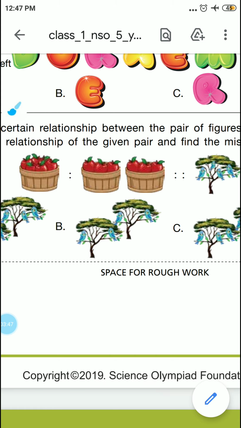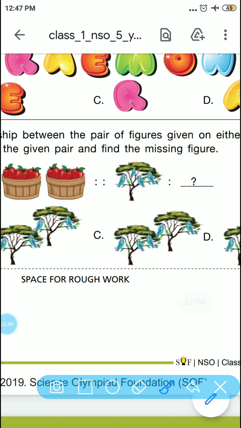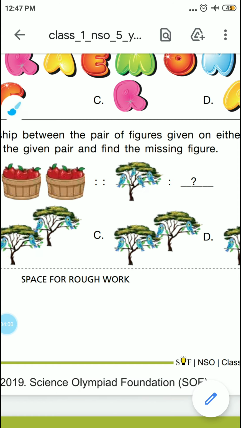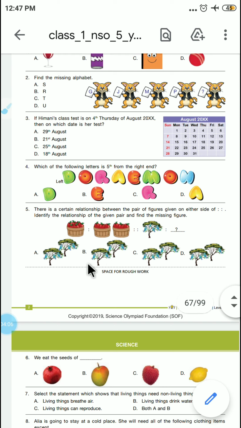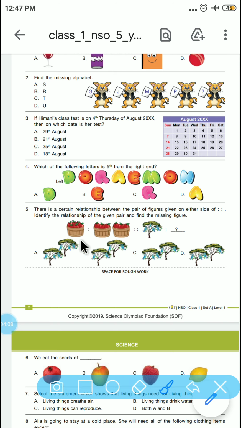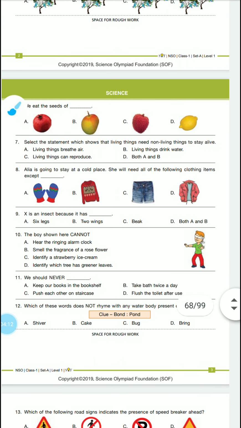Now let's talk about the second section, which has 4 birds on a tree. So the equal distribution of these 4 birds is done in option B. So the correct option here for us will be option B. Okay friends, option B. Now let's move on to the science section.